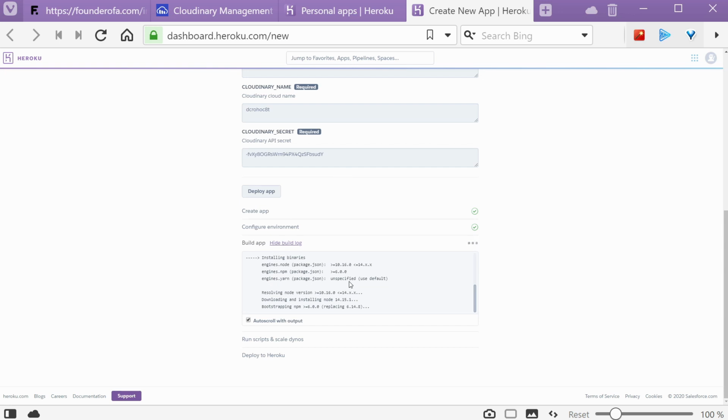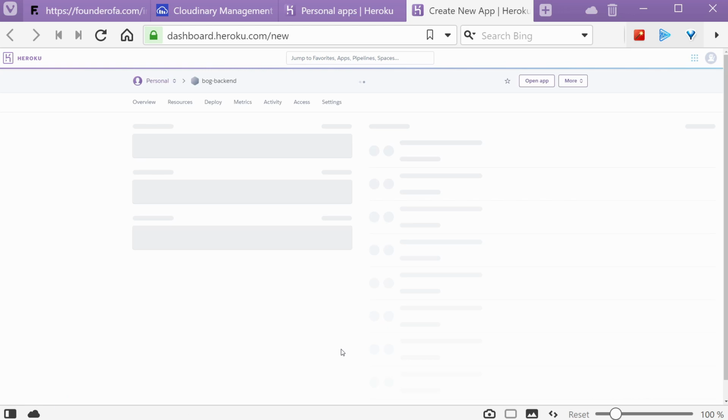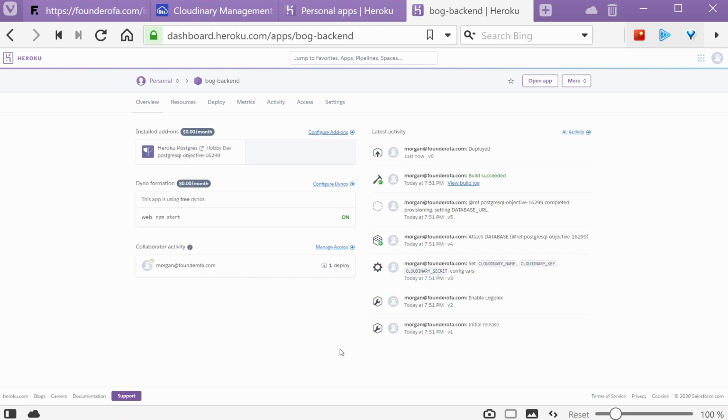So if you scroll down, you will see the progress of the installation, and this is installing a database that will hold all your information, all your blogging information. So this may take a few minutes. I've fast-forwarded it a bit, but when that's finished, click Manage App,